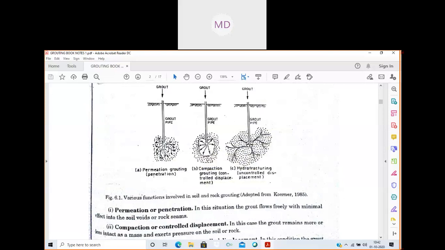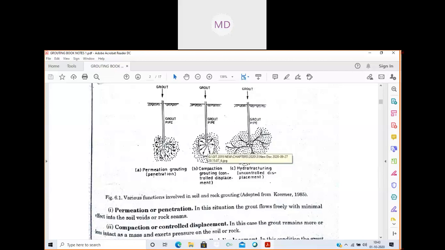Okay, in permeation grouting the grout material flowed and filled up the voids, but here the grout material forms a compact mass. You see the arrow marks are shown, it is the grout material, and the boundary is marked, not exactly circular, something like this. So this much is the compacted portion, or intact mass we can say. A mass-like thing is formed,